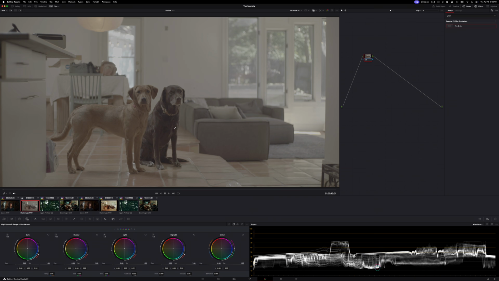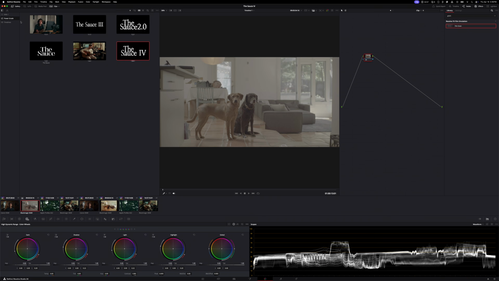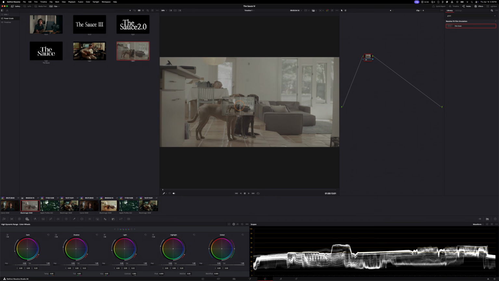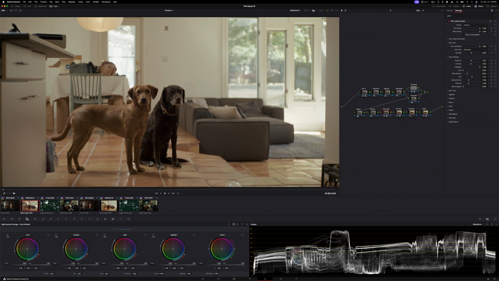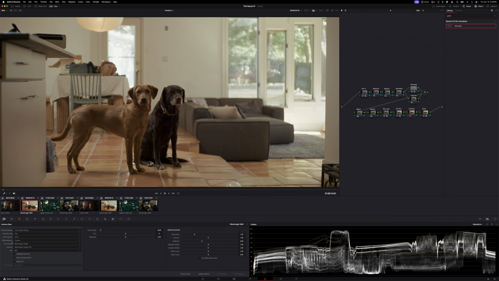One more image. This is out of the Ursa Cine 12K LF. Incredible sensor, but it is Blackmagic Raw, so we'll just throw that on there. Looks really great right away. That's without the film emulation. That's with it. I want to do a little bit more of a high key look here, since we actually